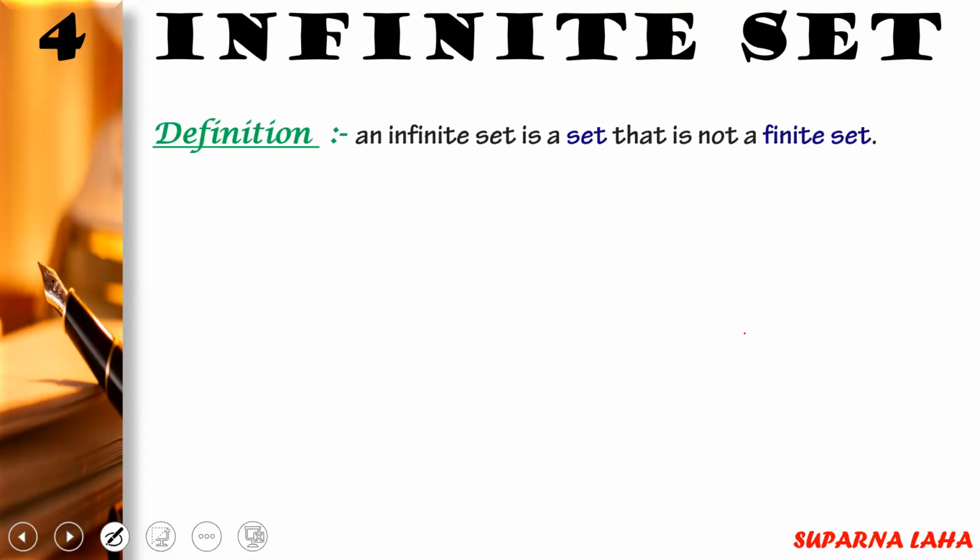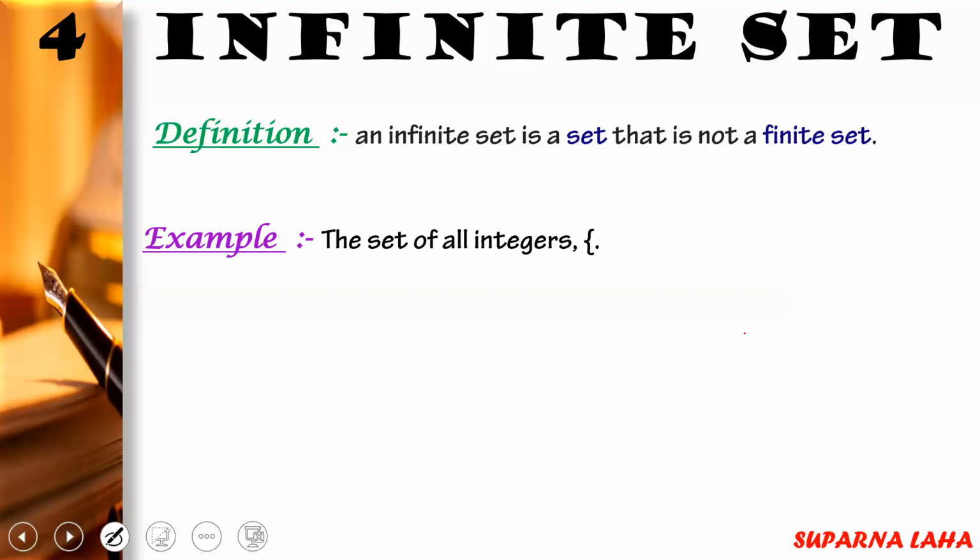There is a huge difference between not finite and this infinity number of elements being present there, or uncountable, where we can't count the elements of the set. These two things are different. So always use this definition: if the set is not finite, we can say this set is an infinite set. Now let's take some examples.